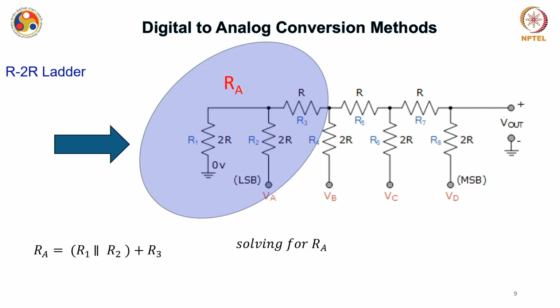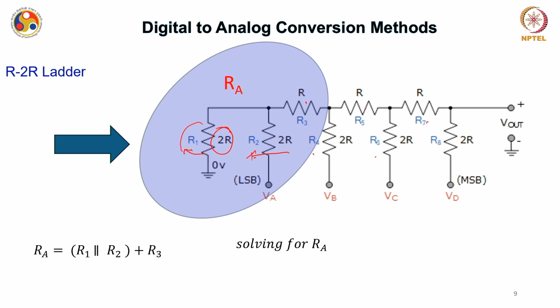Let's see the equivalent resistance from this side. In this circuit, I am calling this 2R R1, this 2R R2, and similarly I have named them R1, R2, R3, R4, R5, R6, R7 and R8,